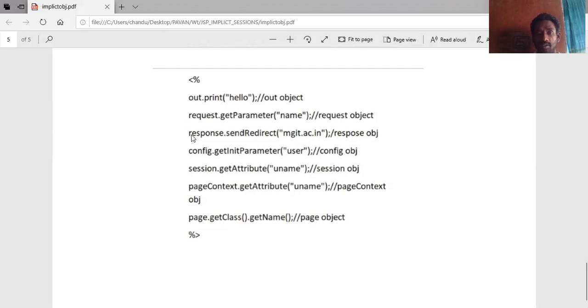Okay: page object, out object, request object, response object, config object, session object, page context object.